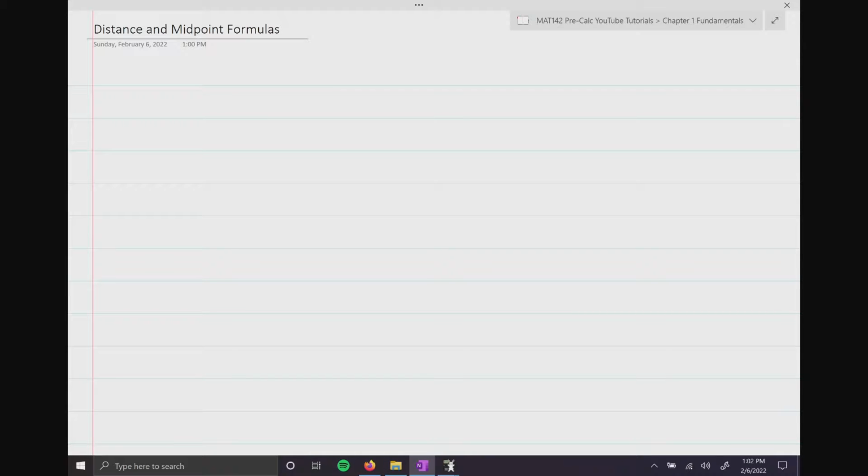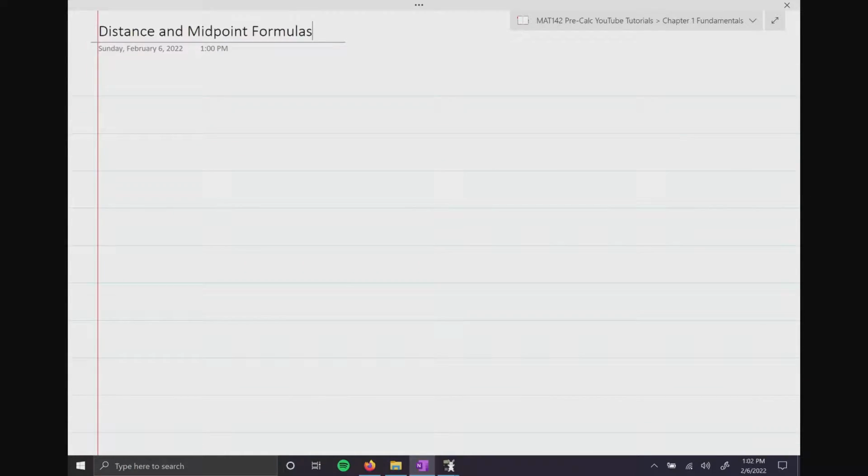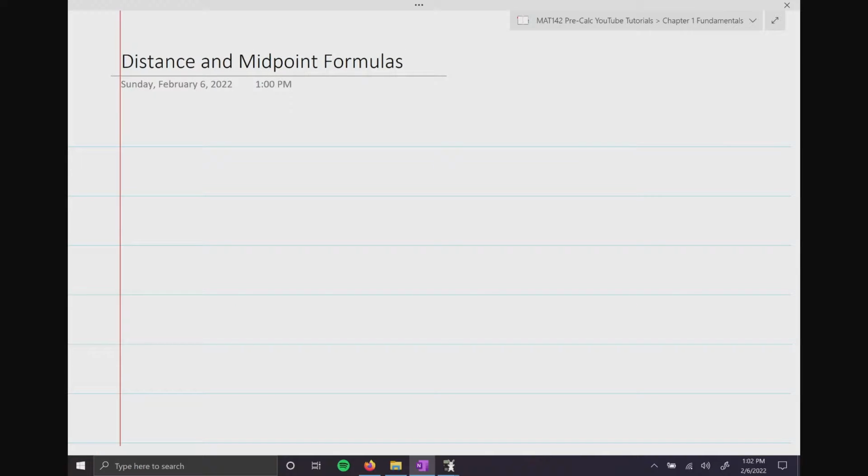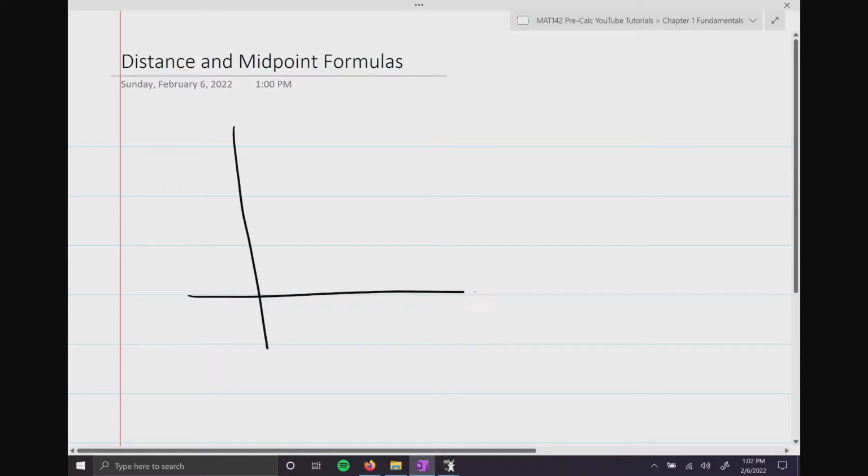In this section, we're going to be talking about distance and midpoint formulas. So distance and midpoint formulas were derived from just basic geometry. So if we have a nice little XY rectangular coordinate grid and we drew a right triangle,